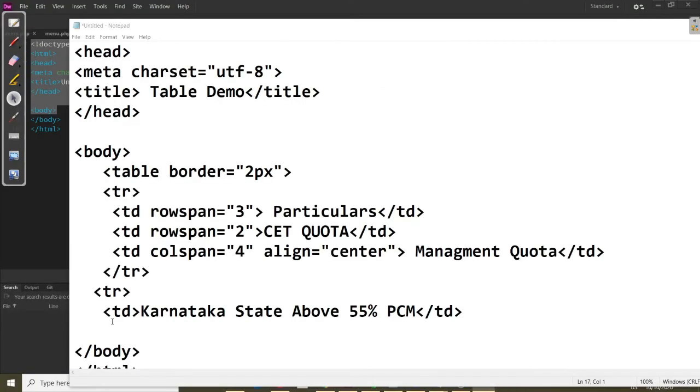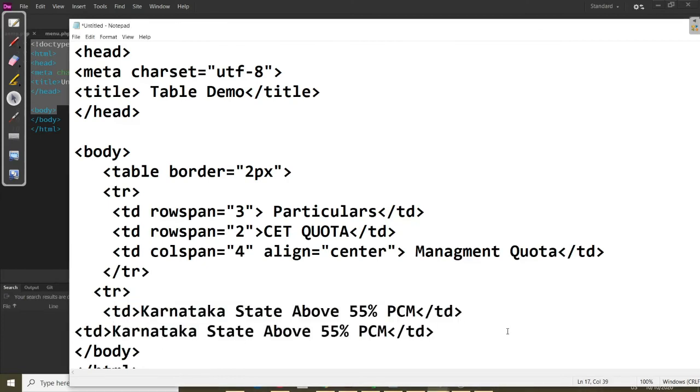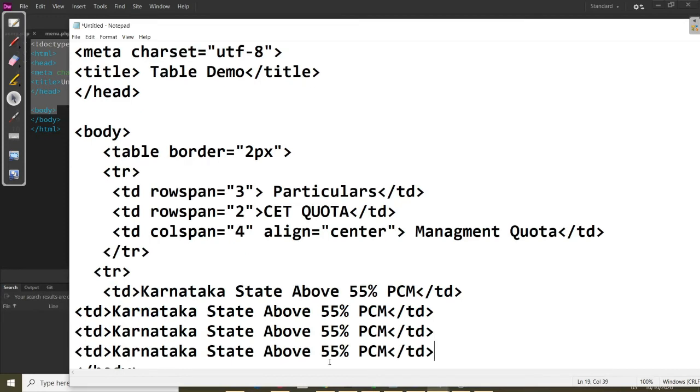Okay, so same with the four, only the statement will change. Control V for four TD, because the two are already merged there. So this is the between 45% to 55%.